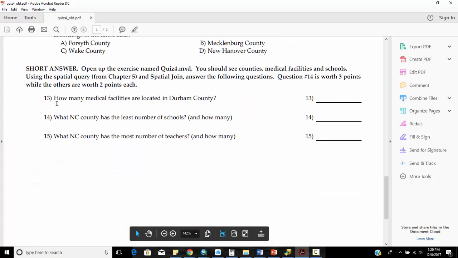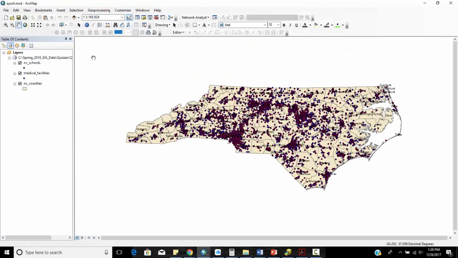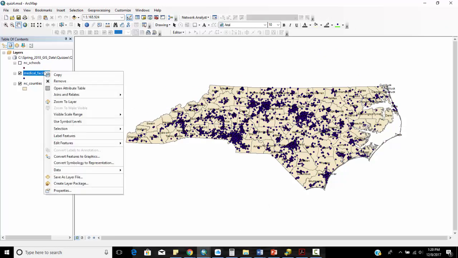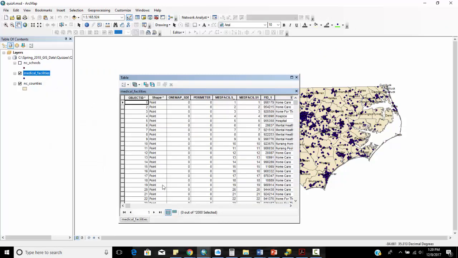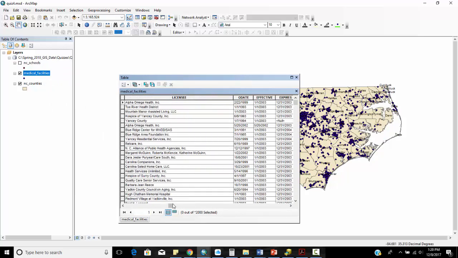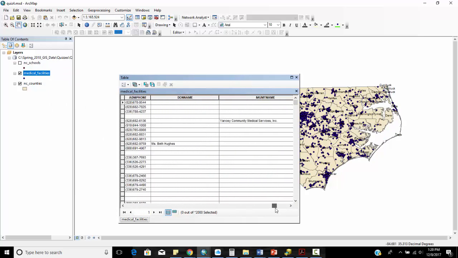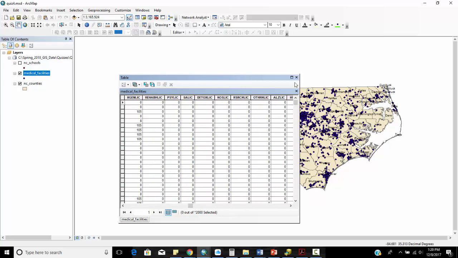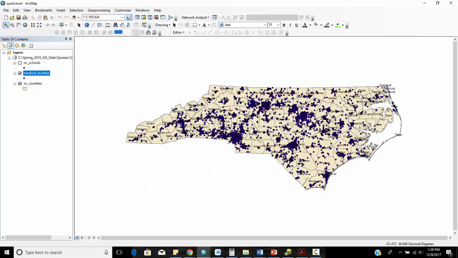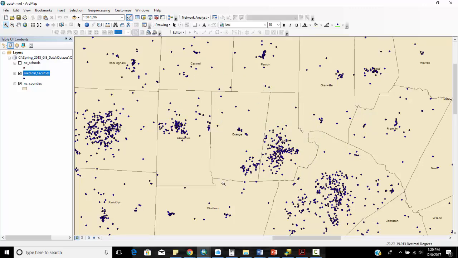So how many medical facilities are located in Durham County? Now what I have here, I'm going to uncheck my schools because I'm going to answer some questions about that in a little bit. But if I were to right mouse click and open my attribute table, I don't see any information here that says county name. So in this case, I would do a select by location. Okay, so basically what I'm trying to do is pick out all of the dots that occur in Durham County